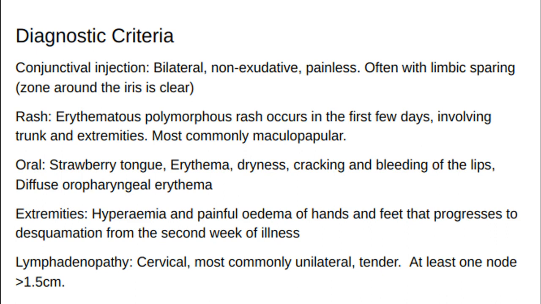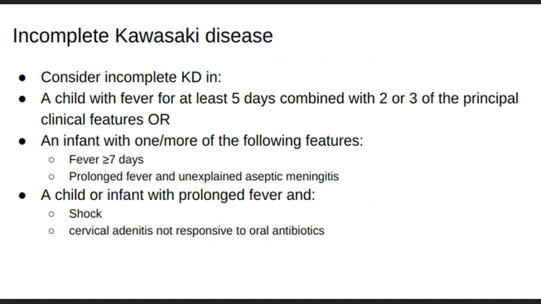Kawasaki disease is a medium vessel vasculopathy, so any organ system can be affected. Other common findings in addition to the diagnostic criteria include neurological: irritability, aseptic meningitis. GIT symptoms: abdominal pain, vomiting, diarrhea, gallbladder hydrops. Arthralgia/arthritis. Dysuria. Inflammation at a recent, within 6 months, BCG vaccination site. Consider incomplete KD in